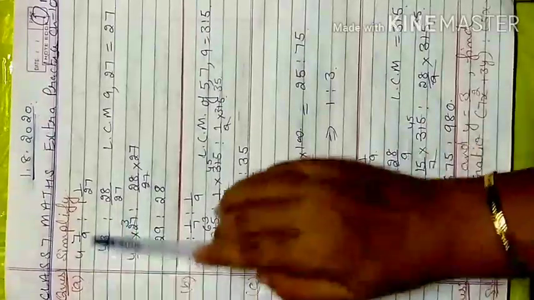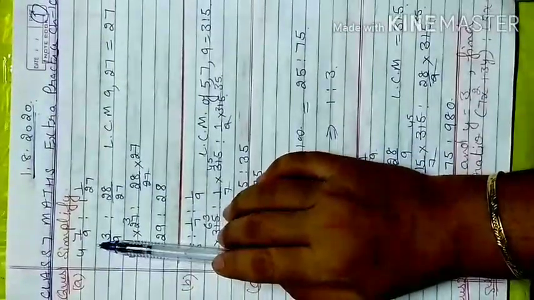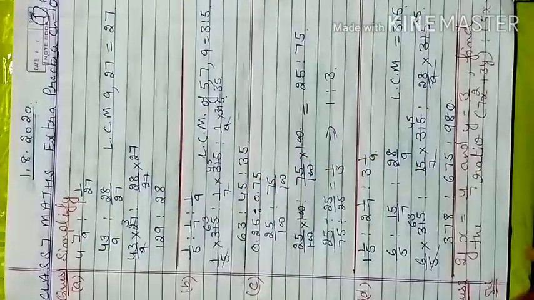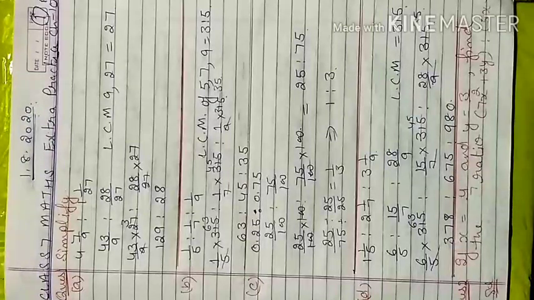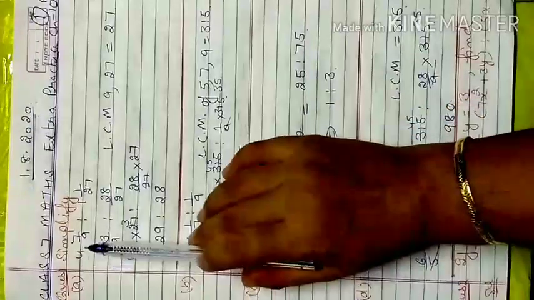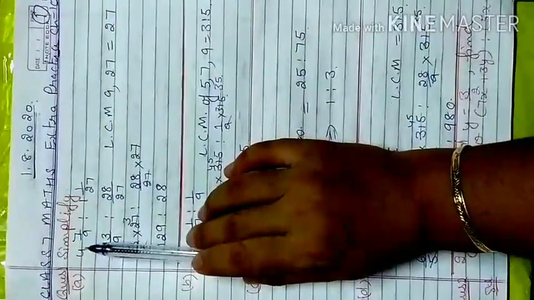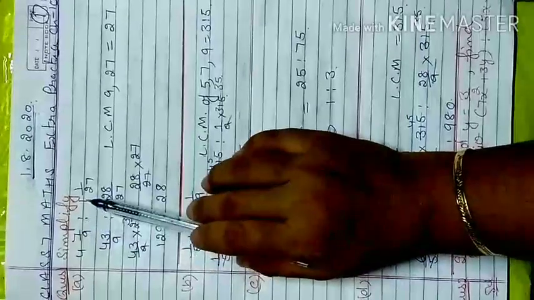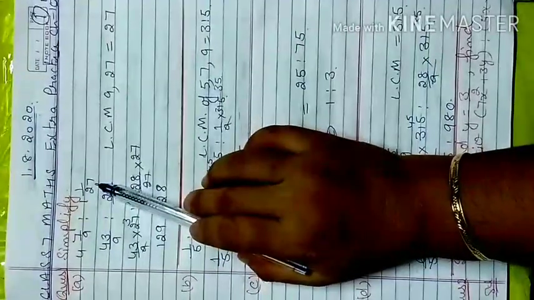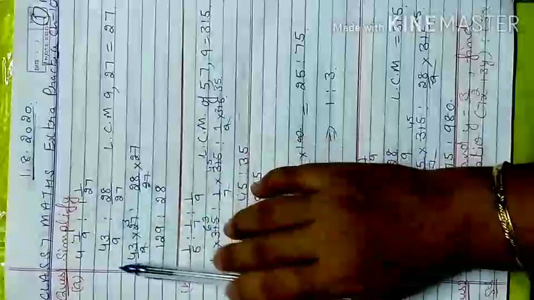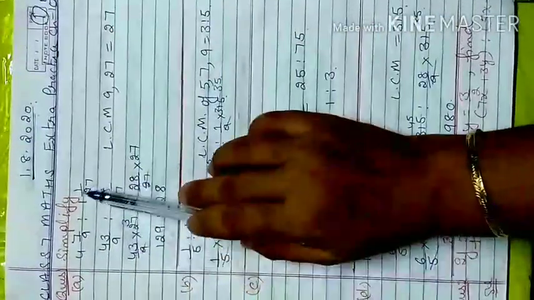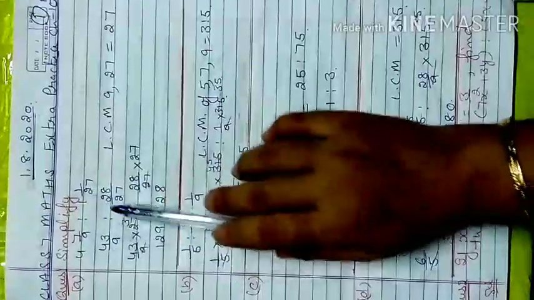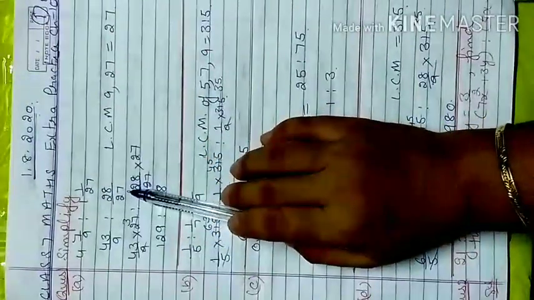In your question 1 you have to simplify the ratios because your answer should be in ratio form. In the simplification form, there should not be any denominator in the ratios that you have to find. Here the first part is 4 into 7 by 9 ratio 1 into 1 by 27. First you convert into the improper fraction. 4 into 9 is 36 plus 7 is 43 by 9, 27 into 1 plus 27 plus 1 is 28 by 27.